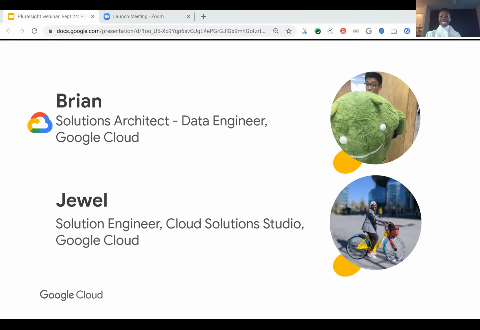So I'm on a team called the Cloud Solutions Studio, and it's a really creative team, a creative role where we look at our customers and our customers' end users and consider various user journeys. We look at challenges experienced along those journeys, and then we take Google Cloud solutions and really build out narratives and use design thinking and storytelling to show how Google Cloud can solve for those challenges. And it's a technical role because of the solutioning involved, and a very creative and speaking role as well because of the narrative piece of it. And it's really great and I love it.